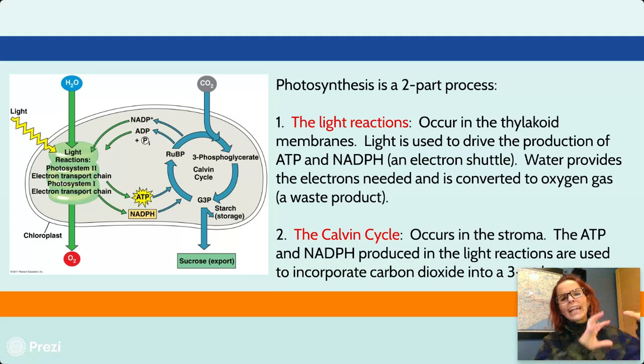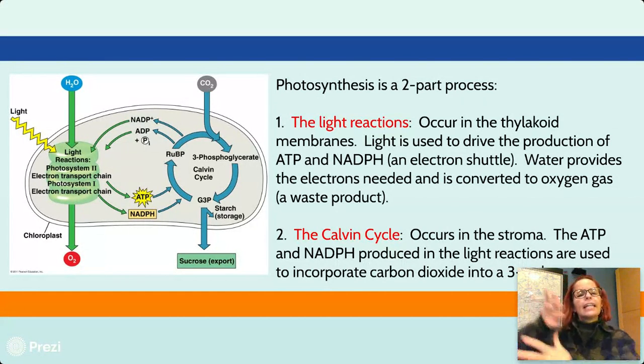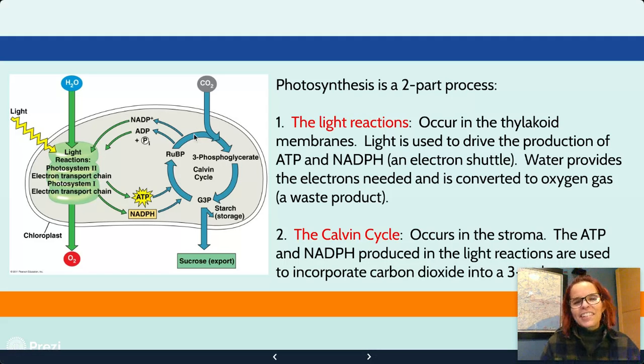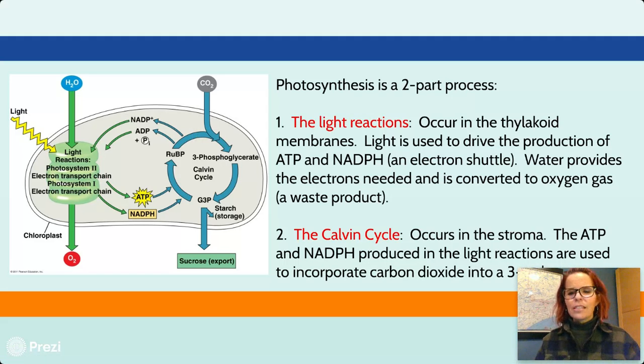All right, so the ATP gets made and the NADPH captures some electrons, and then those get brought over to what's called the Calvin cycle, named after the dude that discovered the Calvin cycle. And of course, he won an award. This occurs in the stroma. The Calvin cycle happens in the stroma. The ATP and NADPH are